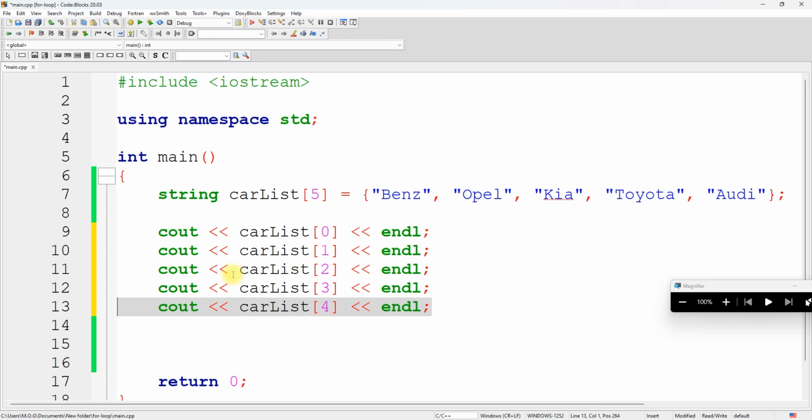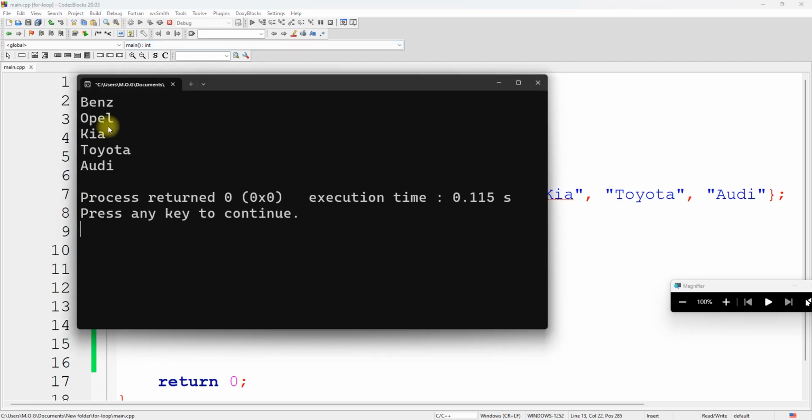You realize that with arrays, the index starts from 0, not 1. So even though when counting we call this one the first element, the second, the third, in that order, the index starts from 0. So Benz will have an index of 0, 1, 2, 3, and then what? 4. So the last element will not be 5, but 4. So it starts from 0 all the way to 4. That's the indexes. Now we run the program,